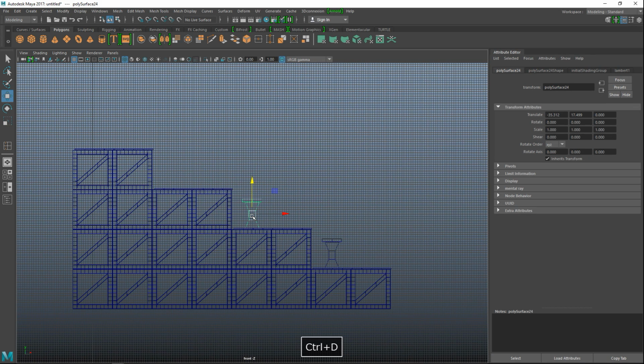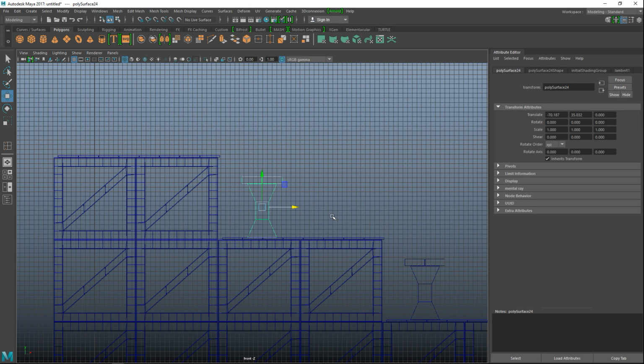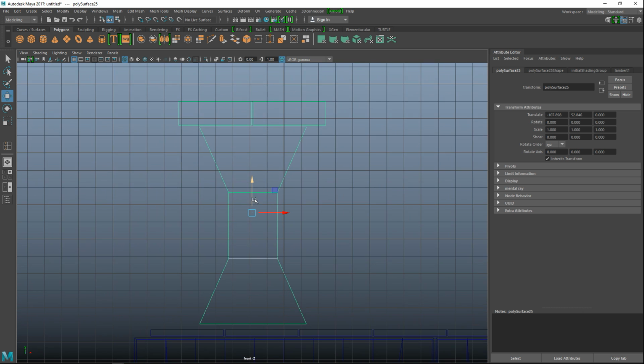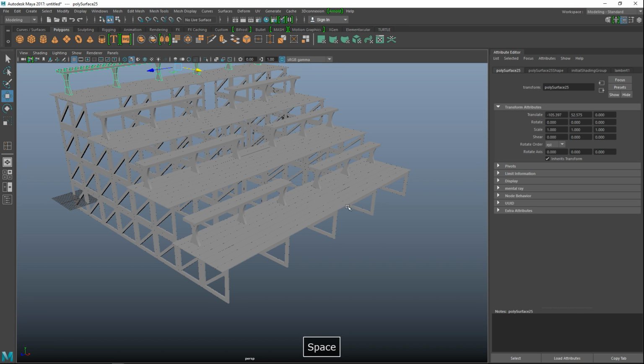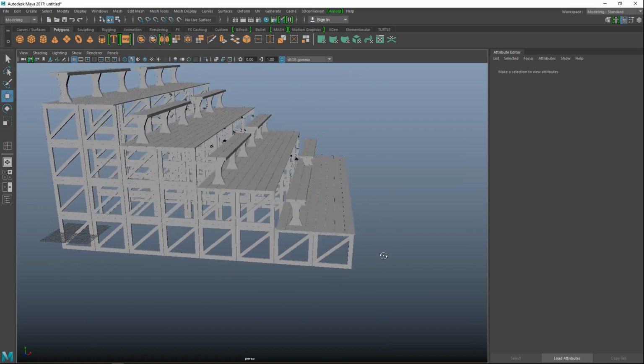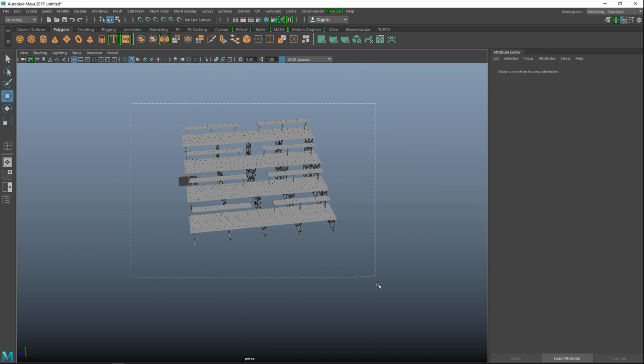Okay, we're gonna hit Control D again. Move it over, move it up. I have to zoom in. It's one board and a bit, as before. And Control D once again, and bring that up. I have to zoom in, bring it down, and one and a little bit. Okay. So let's see, that looks all right. Yeah, not bad. So we're gonna drag select all of it.